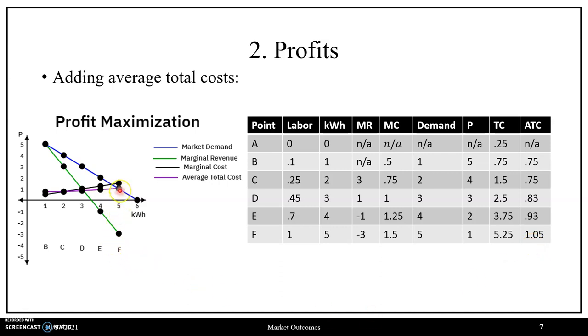Therefore, we generate our point F on our average total cost curve, where we now have our U-shaped purple average total cost curve through this process, where it's downward sloping when average fixed cost is dominant and upward sloping when average variable cost is dominant. So with this curve in mind, let us now turn to our graphical means